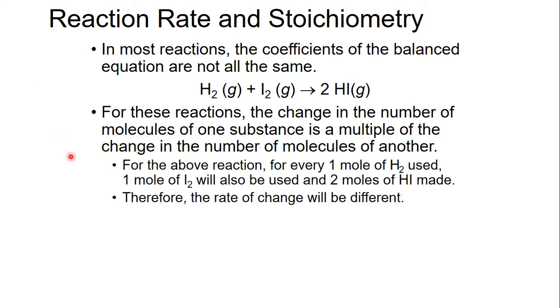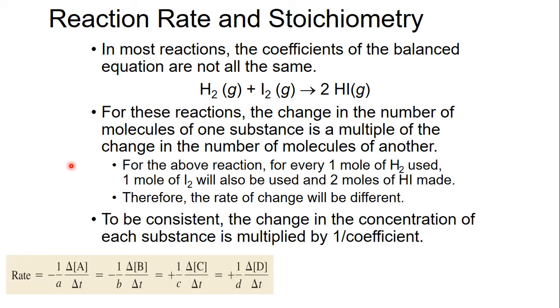So in this reaction, what the stoichiometry is telling us is that for every 1 mole of H2 that we use, we make 2 moles of HI. Same thing. For every 1 mole of I2 we use, we make 2 moles of HI. Therefore, depending on what we're measuring, our rate will be different. We're making twice as much HI over the same time point as we're losing either H2 or I2. And we don't really want that. We want to be able to measure the rate and get the same rate no matter what species we look